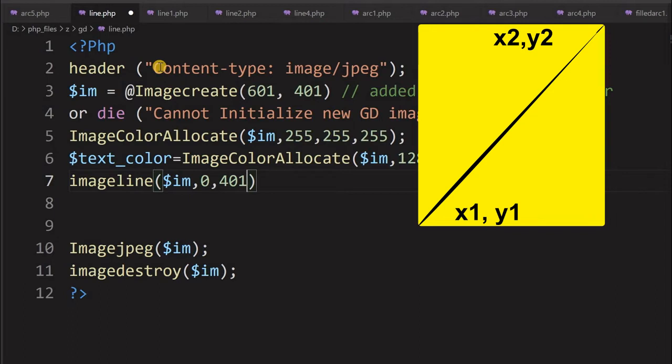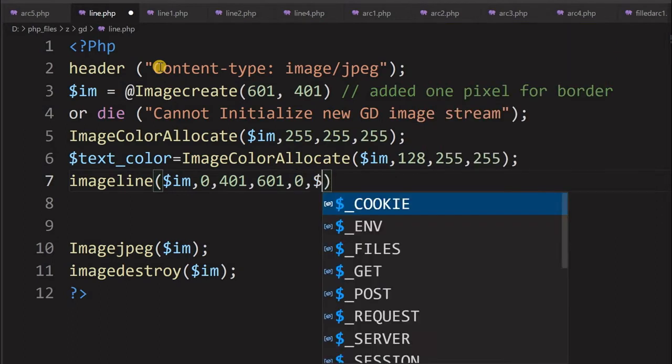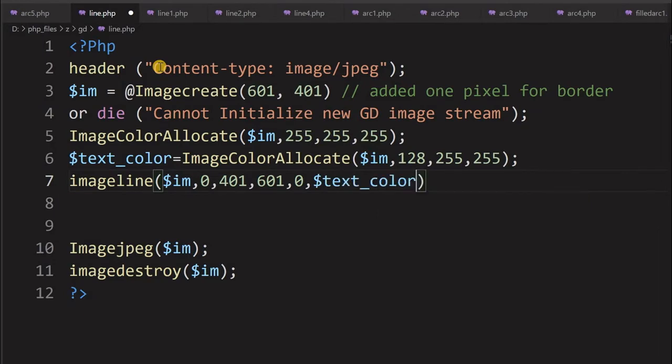The end point x will be 601, the rightmost, and for the top, the y value should be 0. Now we'll use the text color, fine, that's all. So this will be from bottom left to top right. I'm just saving this. Let's see how it looks.